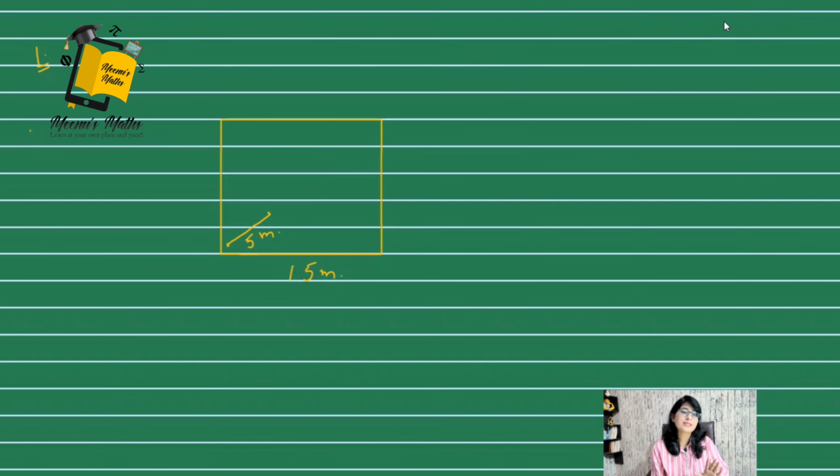So let's discuss the first example. Suppose this is a square grass field. Its side is given as 15 meter, and there is a peg with which a horse is tied. The rope of the horse is given as 5 meter long. We are supposed to find out in how much area it can graze. Now look at this, the horse can move only in this area. Only in this area.